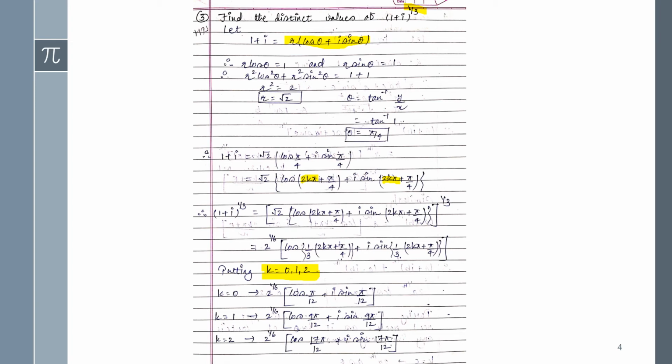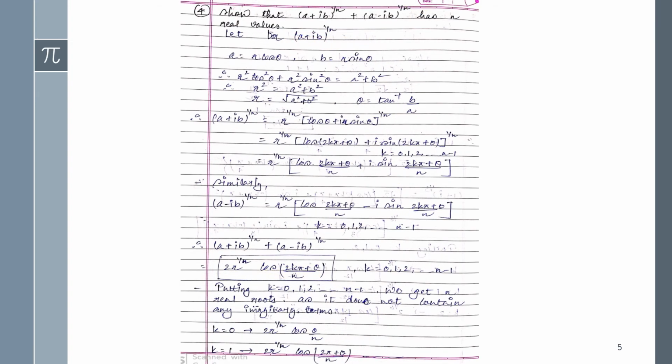Now I am doing one more example. You can observe here, it's given: show that (1 plus ib) whole raised to 1 upon n plus (1 minus ib) whole raised to 1 upon n has real values. Here it's given 1 upon nth power, so your question is going for the nth power, n terms. It's not specifically given for the fifth root of unity or sixth one or seventh one. It's given for nth terms of complex.